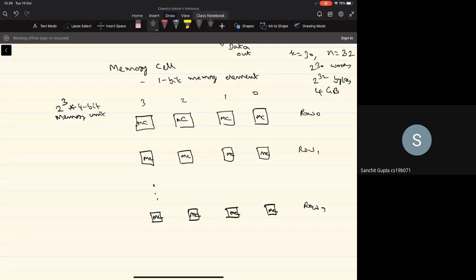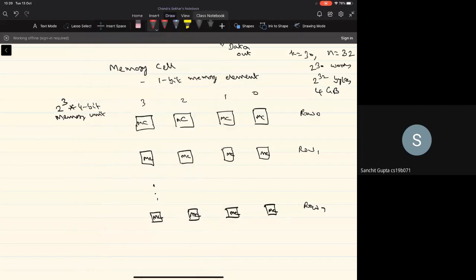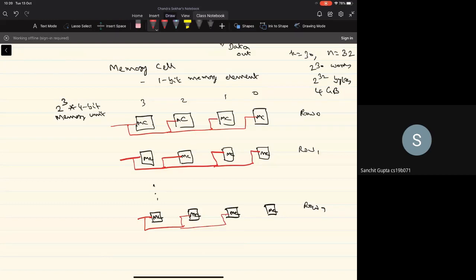Whenever we want to perform the read operation or the write operation on this memory, we need to select the cells in the particular row. So there will be a select line for each of the rows, and only when the select line is active can one perform either the read operation or the write operation on this row.